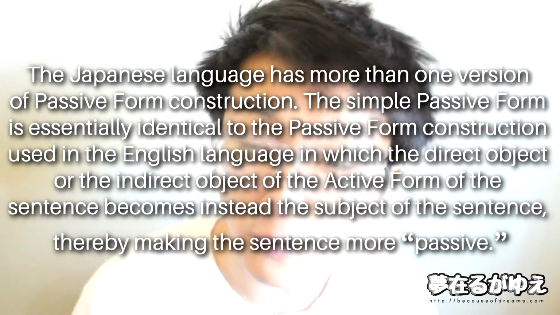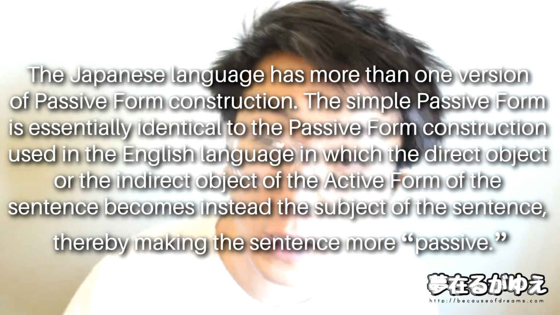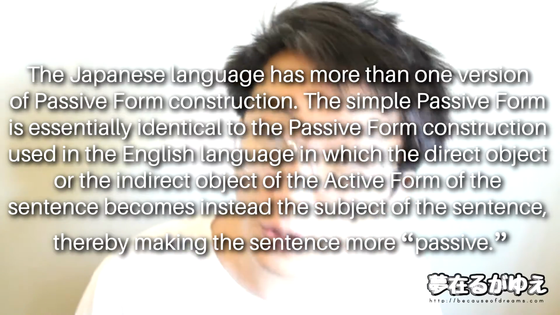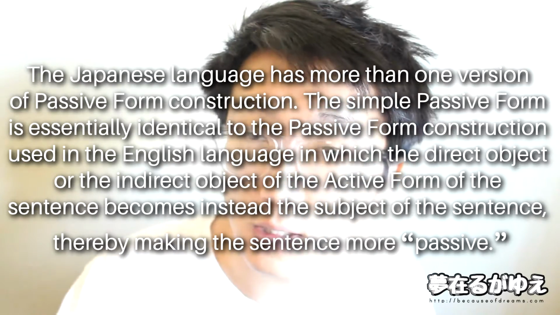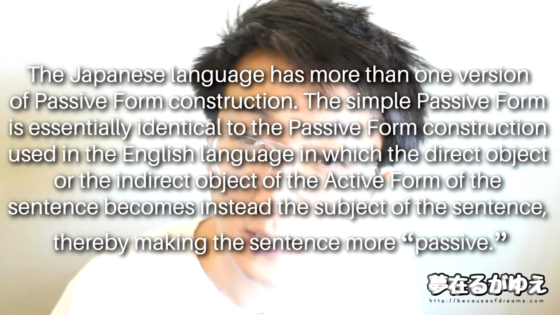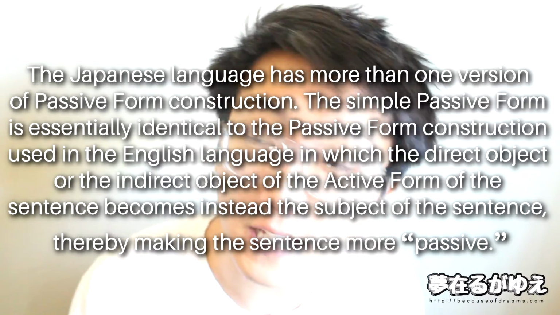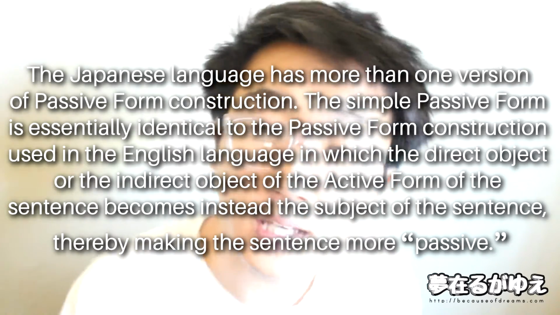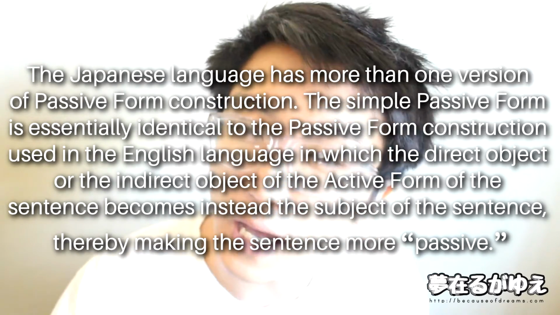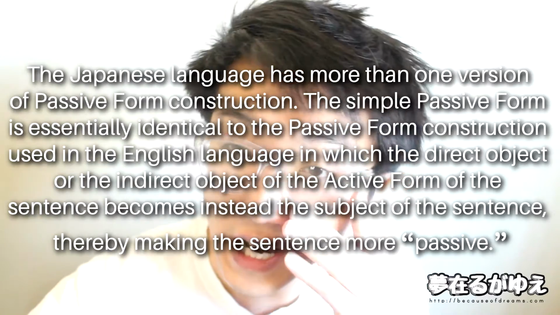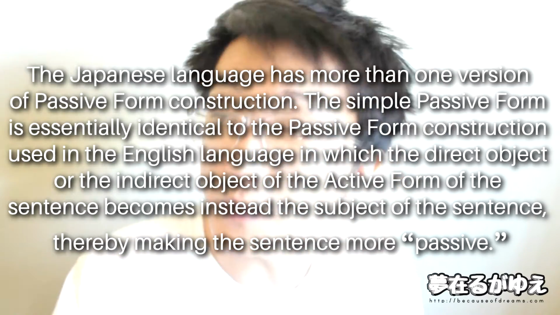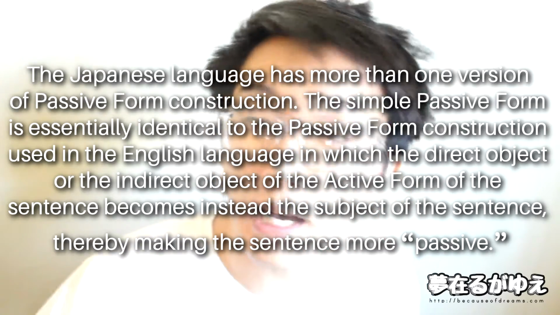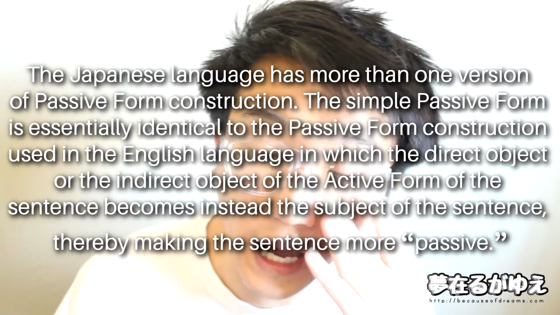because this is the one that we know to be the general passive form for the English language as well. And just as a refresher, when we use the passive form in English, we do this in order to turn the direct object or the indirect object into the subject of the sentence. Likely the reason why it's called the passive form is because it makes the occurrence of the action a bit more passive, as in it's not the subject of the sentence that is directly enacting this action. The subject of the sentence is instead almost an inevitable victim of the action happening.